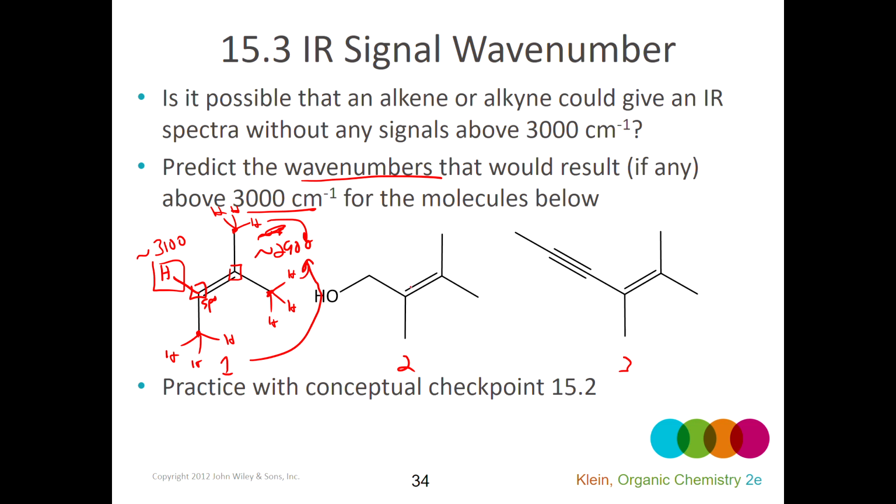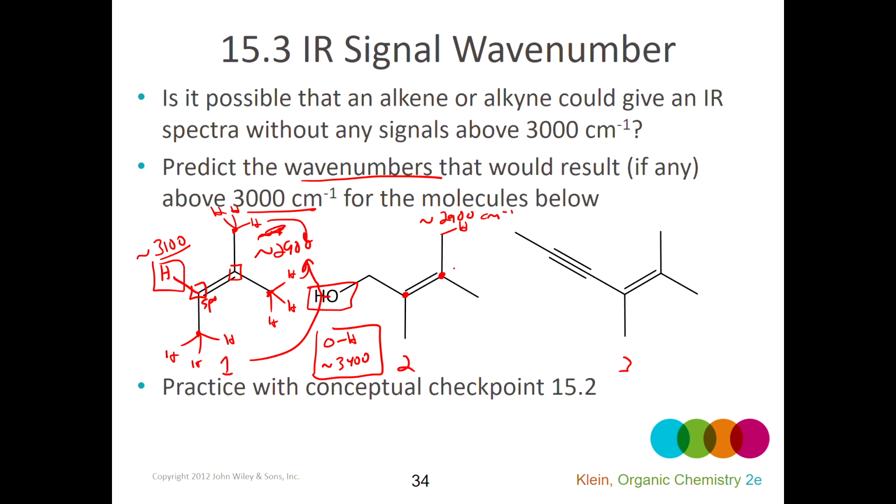Well, each of the sp2 hybridized carbons has no hydrogen. There are hydrogens here, so these CH bonds will be producing signals around 2900, but nothing above 3,000. Oh, right, there's an OH bond. So the OH stretching usually occurs around 3,400. So there will be a signal above 3,000 for the OH stretch, but there will be nothing around 3,100 for